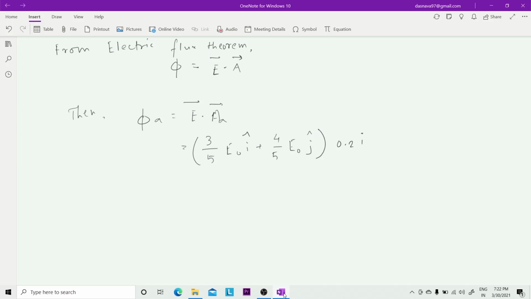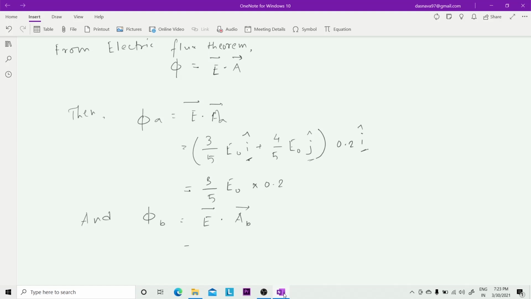A vector equals 0.2 i cap for first surface. अभी equals 3/5 E0 into 0.2, क्योंकि I vector, this I vector or this I vector, if they form the scalar product, then it becomes 1, and if i cap dot product with the j cap, it will give 0. So we'll find 3/5 E0 into 0.2,